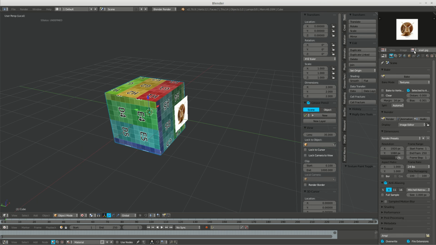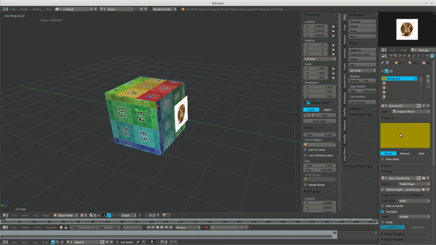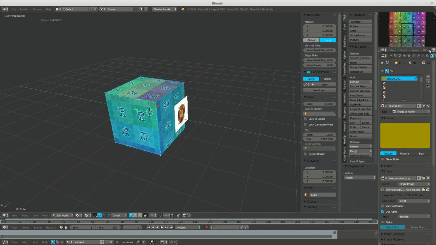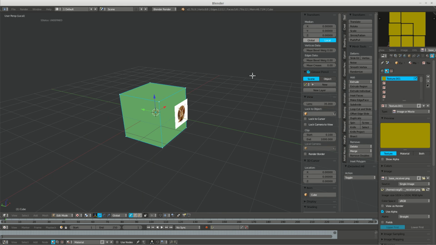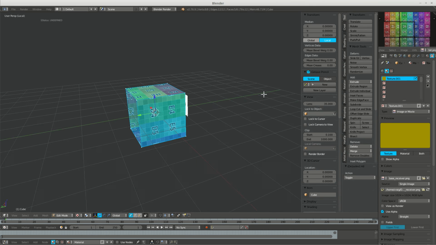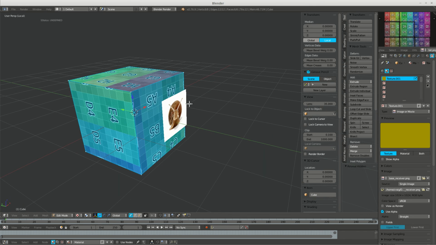Actually, it is holding on to two images. The material actually has a yellow image here that, if you go to edit mode, you'll see I have it on two images. The base receiver, which is in the material, and then I also have it unwrapped now to this misspelled image, but it's got this. And what's going on here is